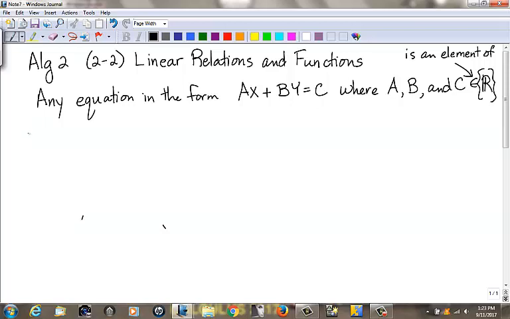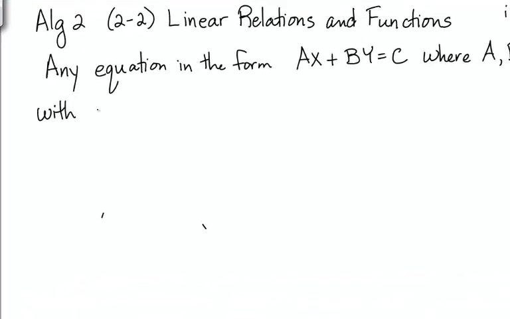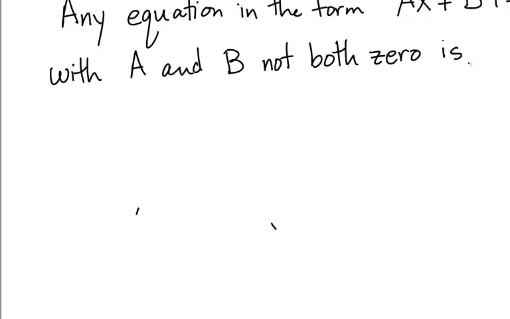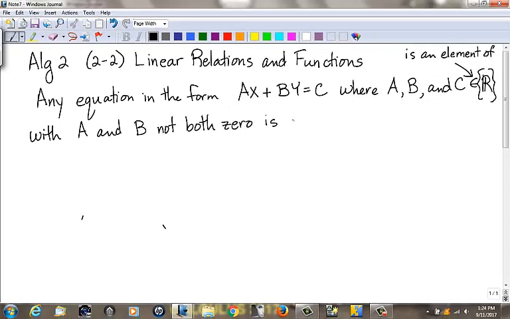So, okay, with A and B not both 0, any equation in that form, Ax plus By equals C, where A, B, and C are real numbers, with A and B not both 0, is called a linear equation,